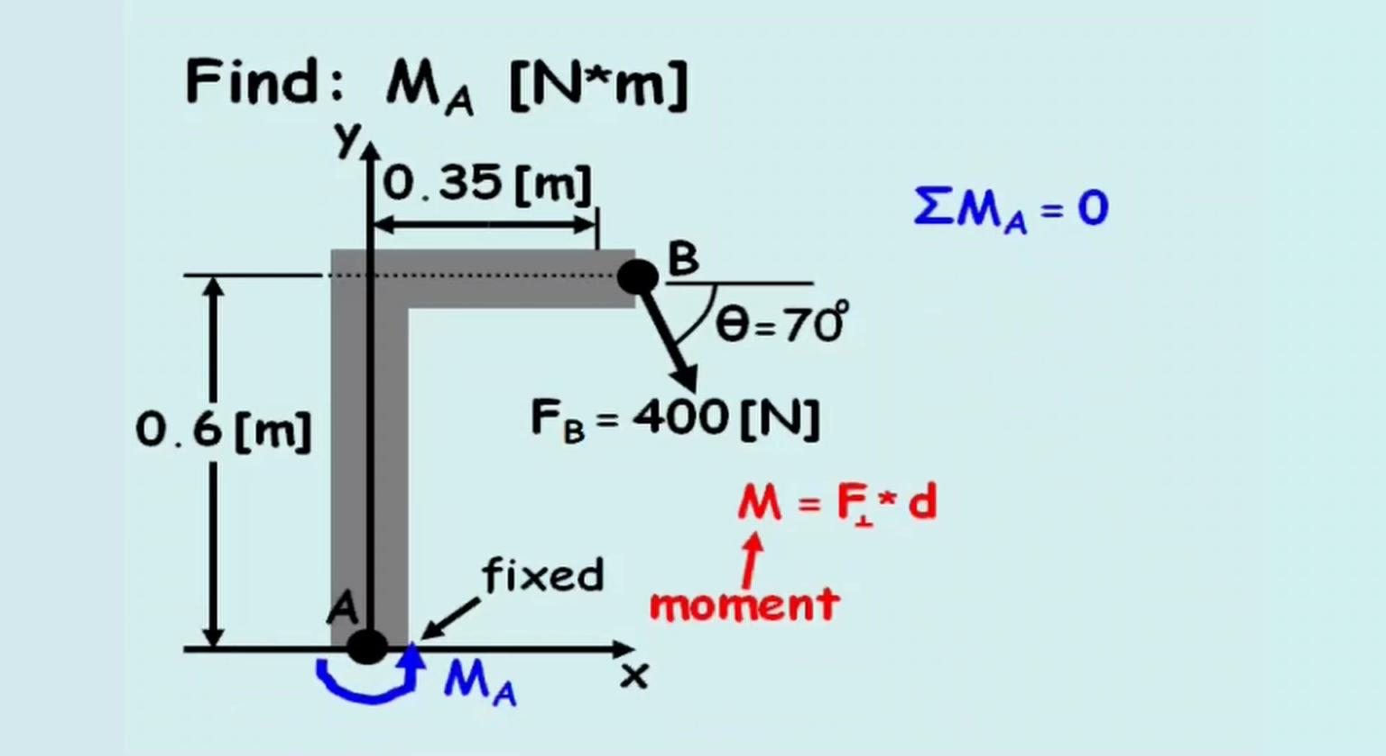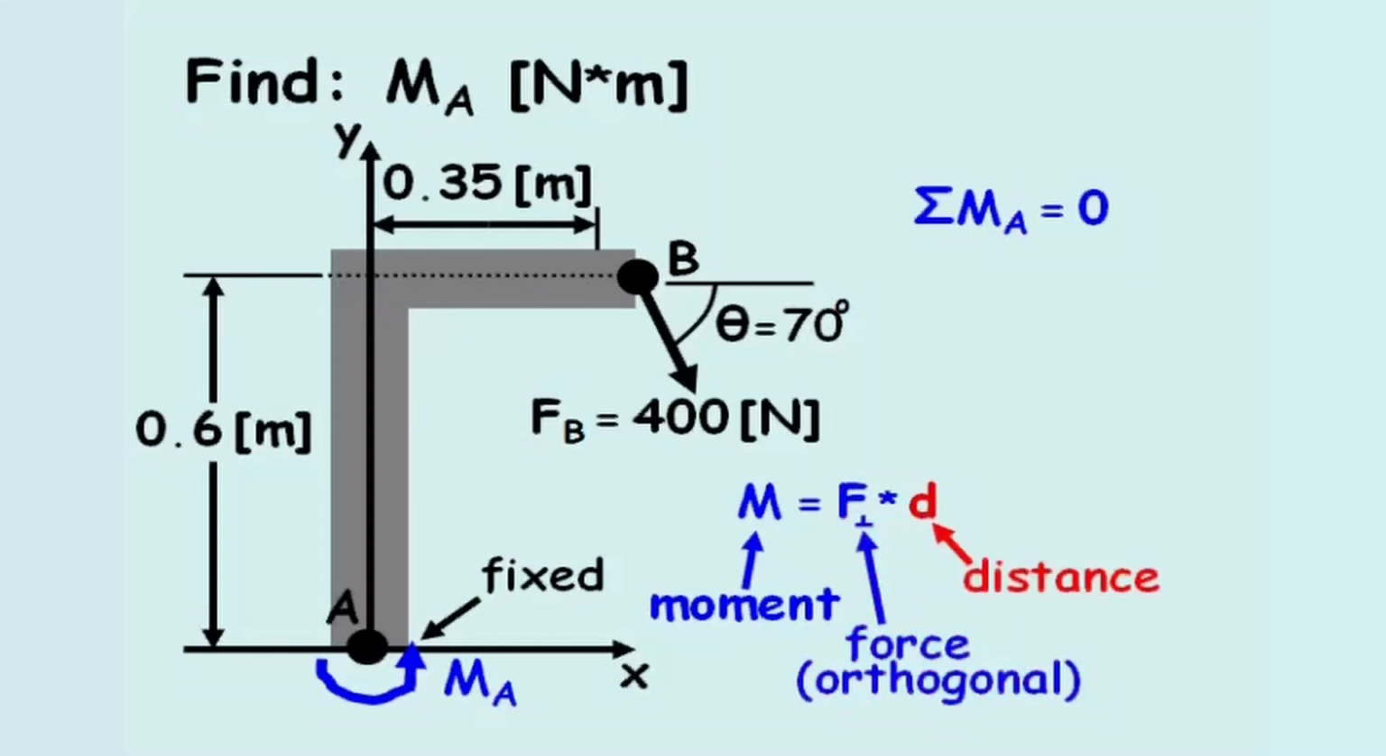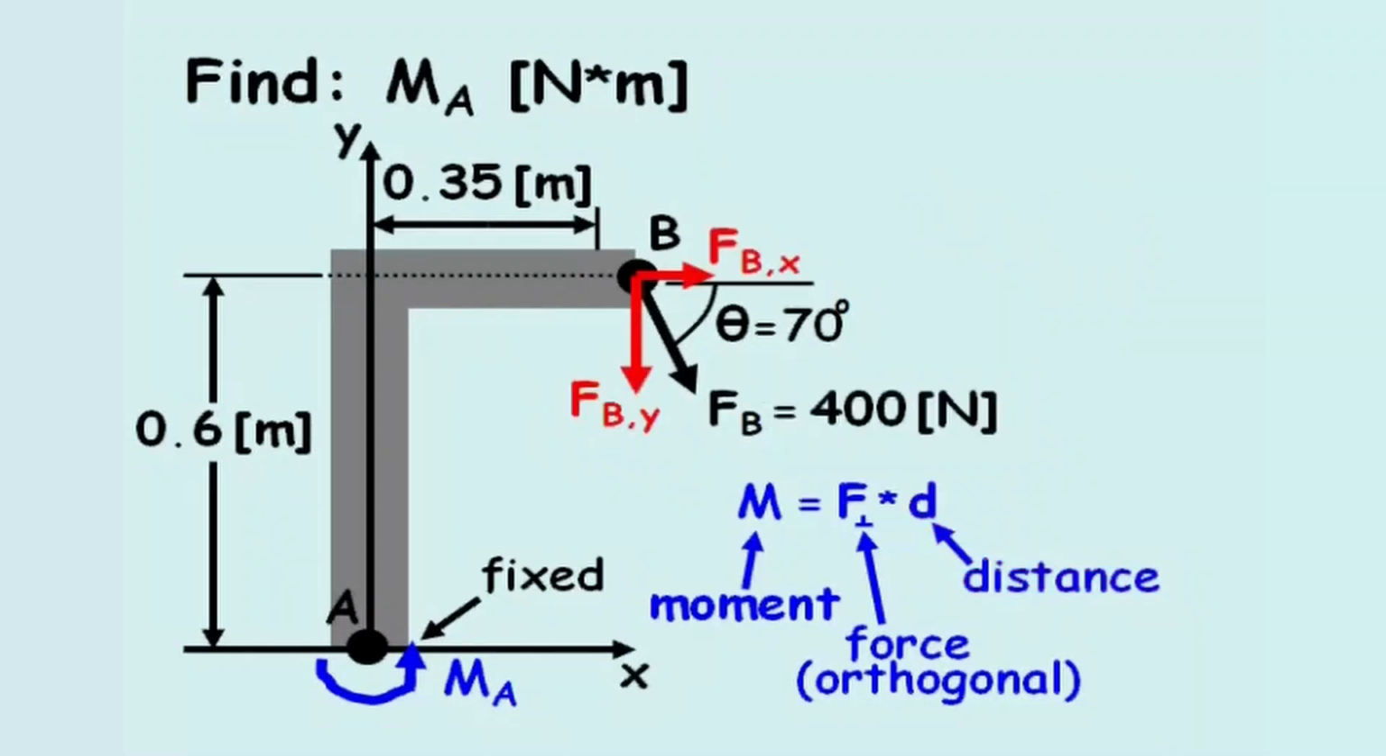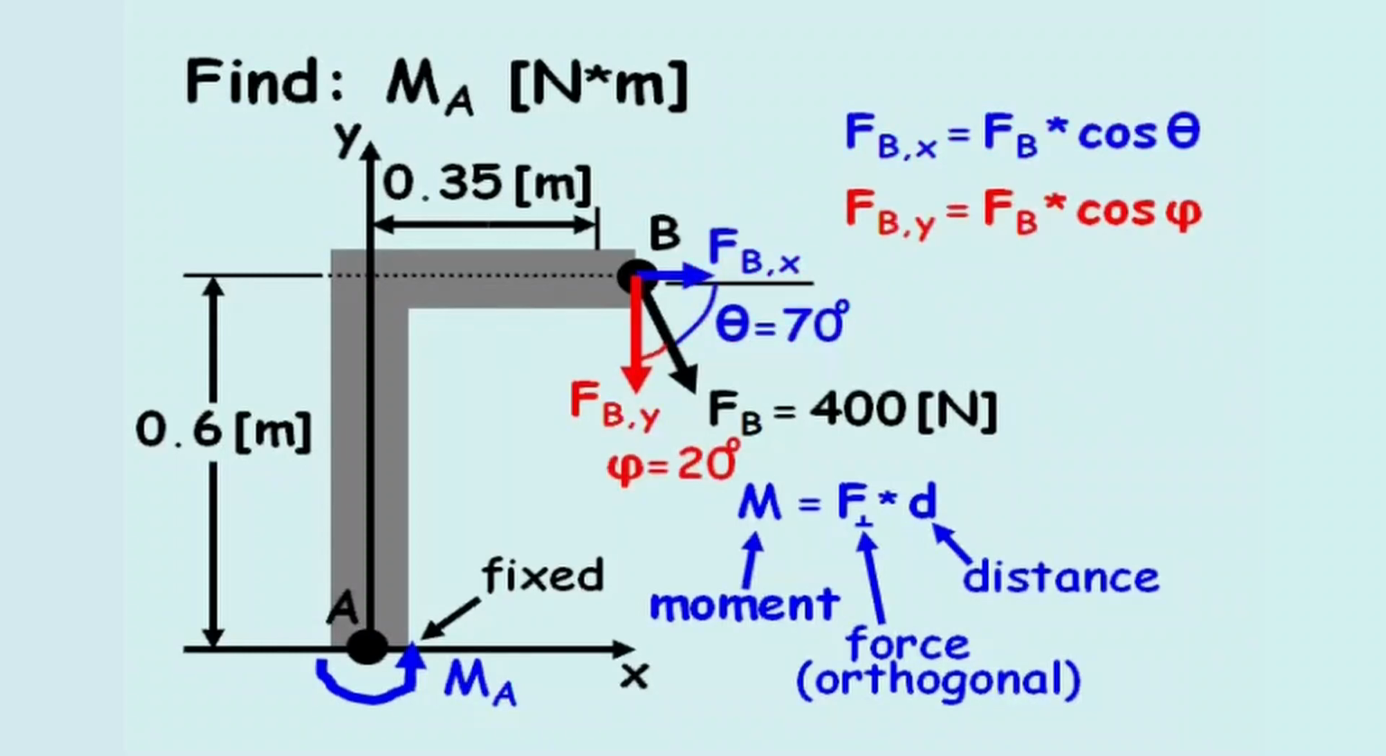The moment created by a force equals the orthogonal component of the force times the distance between the point where the moment is taken and the point where the force is applied. For this problem, the 400 Newton force is divided into its horizontal and vertical components, F sub bx and F sub by. F sub bx equals the force at B times the cosine of the angle the force makes with the x-axis, theta. F sub by equals the force at B times the cosine of the angle the force makes